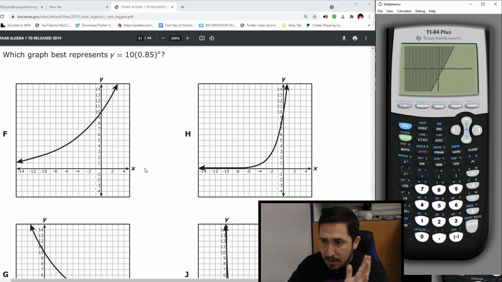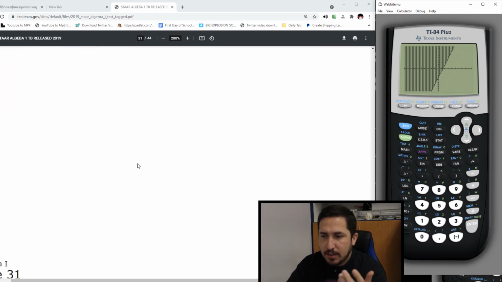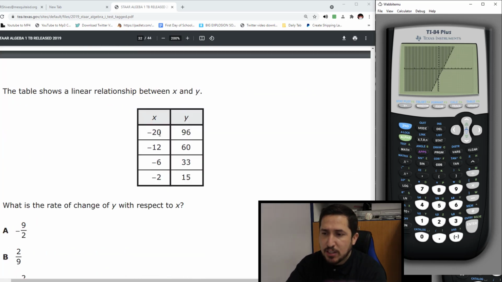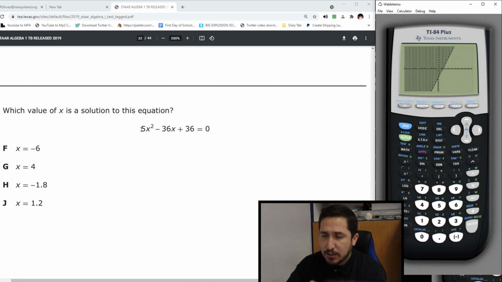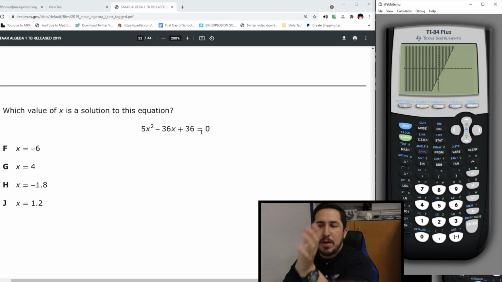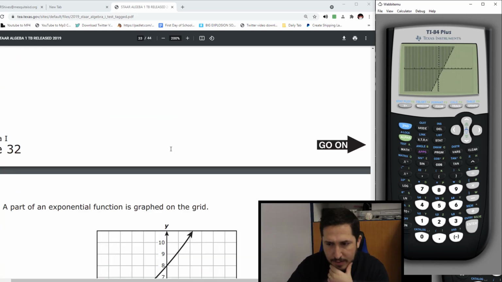This guy, type him in, see which one looks like it. This guy, rate of change, that slope, list 1, list 2, stat edit, over 4, enter, all that stuff. This guy looks great, type him in just like this. What about the equal sign? Don't worry about it. Everybody's on the right side, we're good.